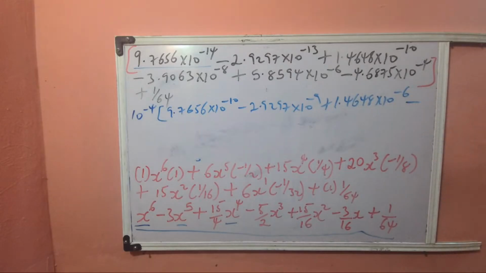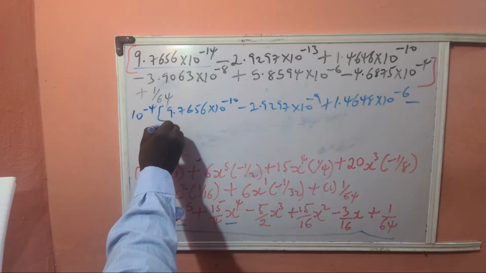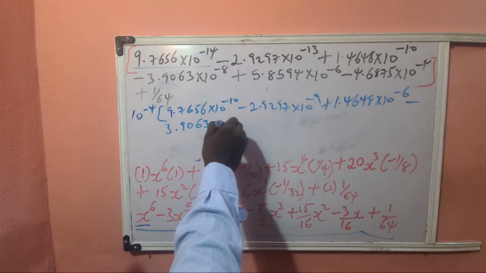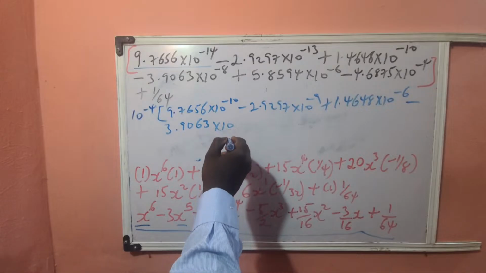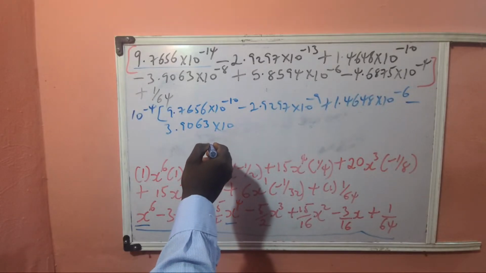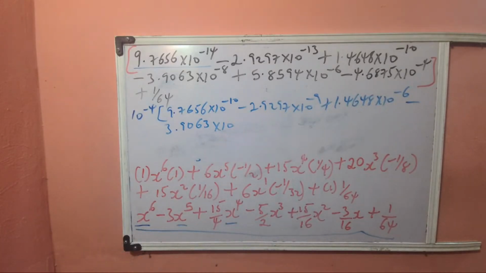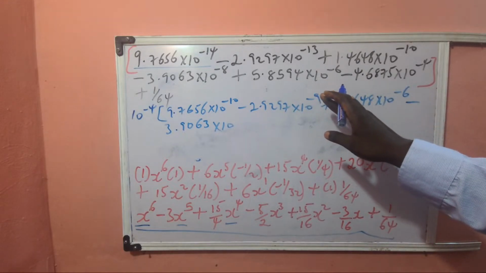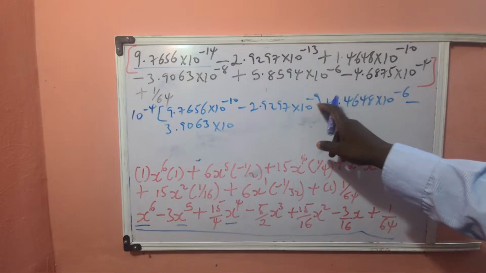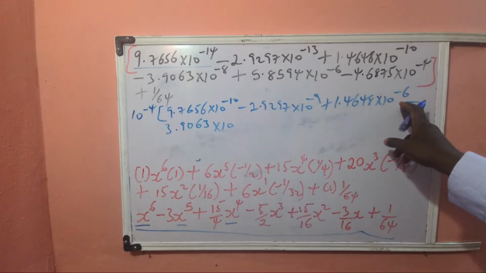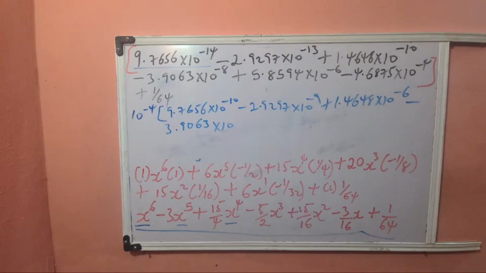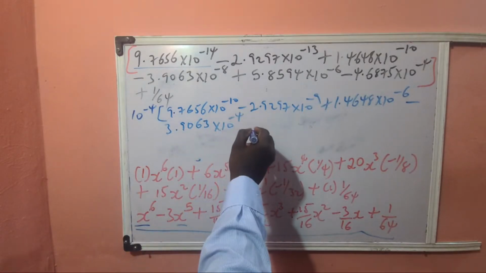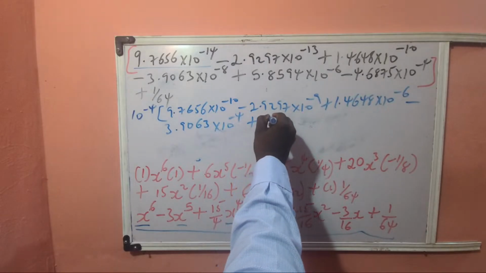Then minus 3.9063 times 10 raised to the power. Sorry, this is supposed to be minus 10. This is supposed to be minus 13. Sorry, this is minus 6. This is, okay, minus 9, minus 6. All right, this is going to be minus 4. I think I'm on point. Minus 4. And then I have plus